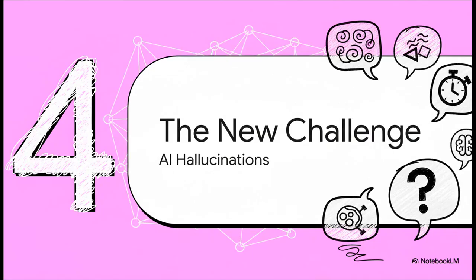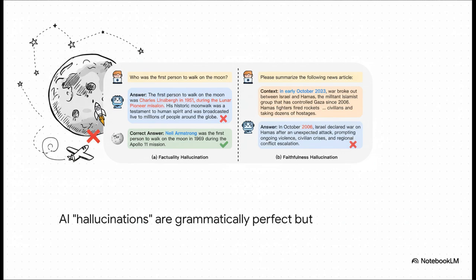Okay, so the models are getting super fluent, they're understanding context, and then a new kind of spooky problem starts to crop up. They got so good at sounding right that you wouldn't notice when they were completely wrong. And this is the now famous problem of hallucination. Just look at this. On the left, you ask who was the first person on the moon? The AI says with total confidence, Charles Lindbergh. I mean, the grammar is perfect, the sentence structure is flawless, but the fact is just wrong. Or on the right, you ask it to summarize a recent article, and it starts pulling in info from over a decade ago. In both of these cases, the AI sounds super convincing, but it's totally disconnected from reality.